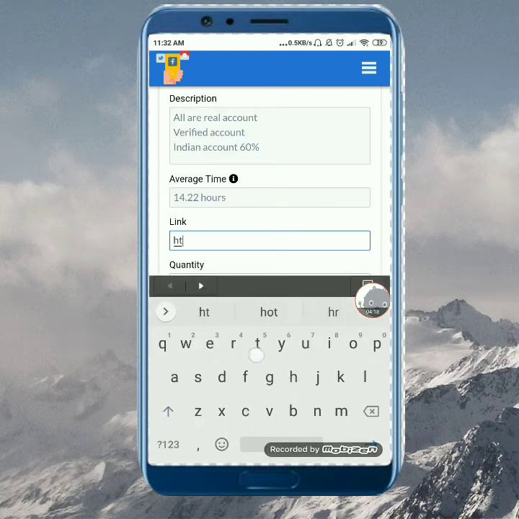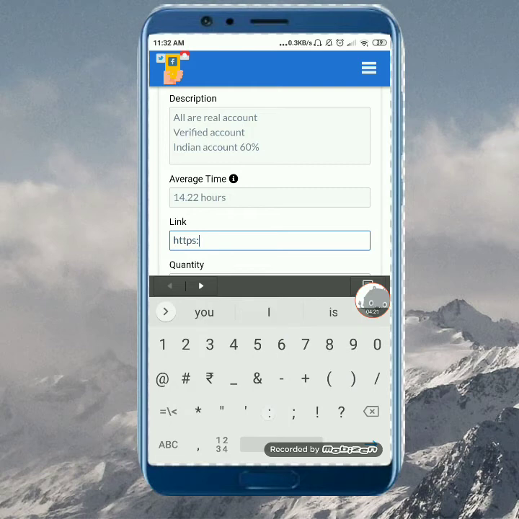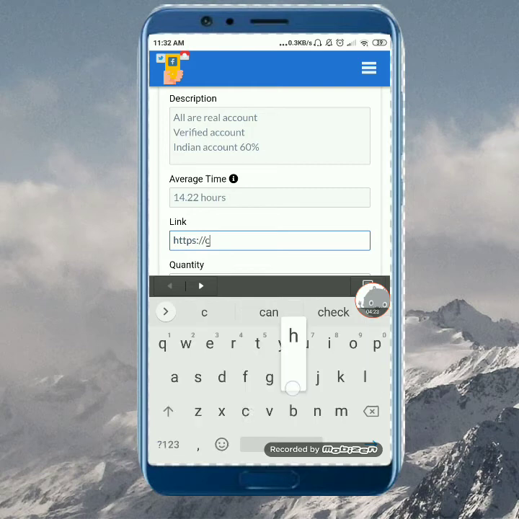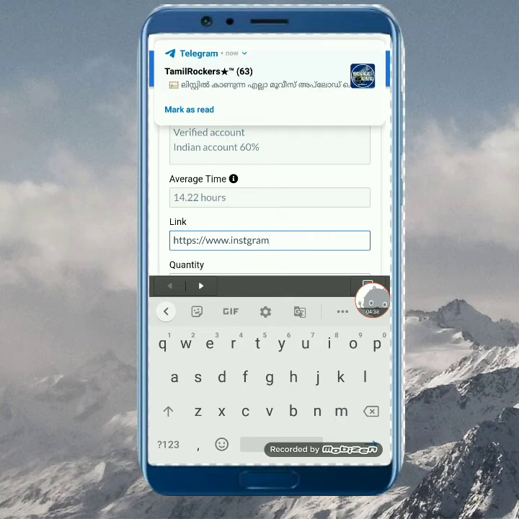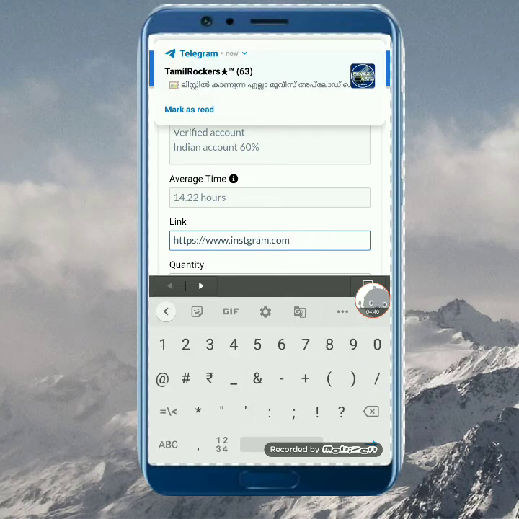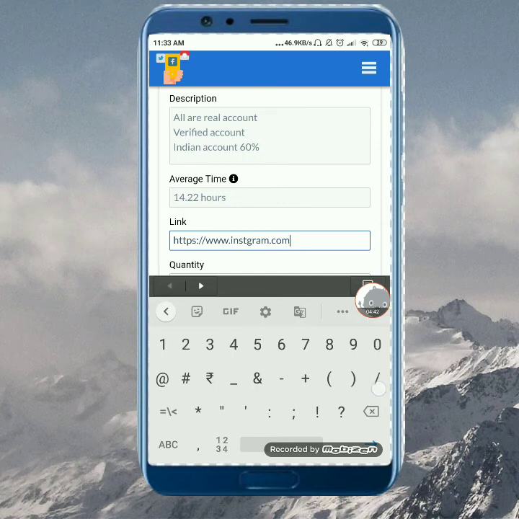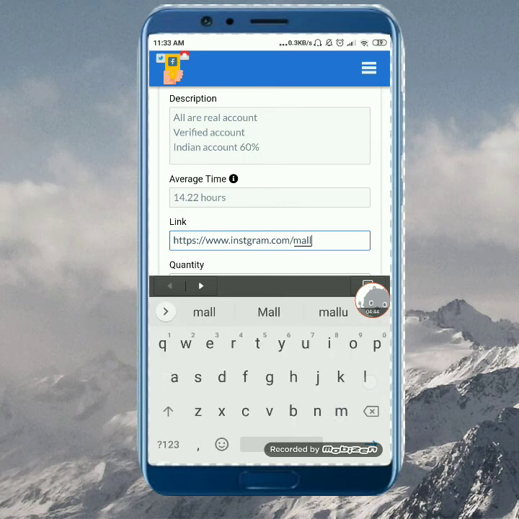In place of link, you need to provide your username like https www.instagram.com/ your Instagram account's username.